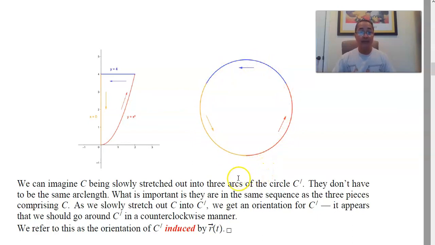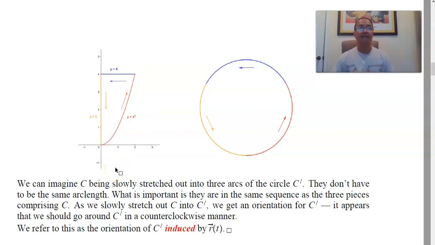So this is a positively oriented, simple, closed, piecewise smooth curve. If you go the other way, from the origin to (0, 4), then from (0, 4) to (2, 4), and then from (2, 4) back to the origin, then that is a negative